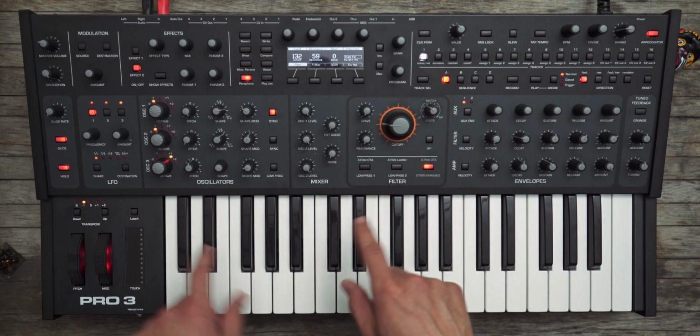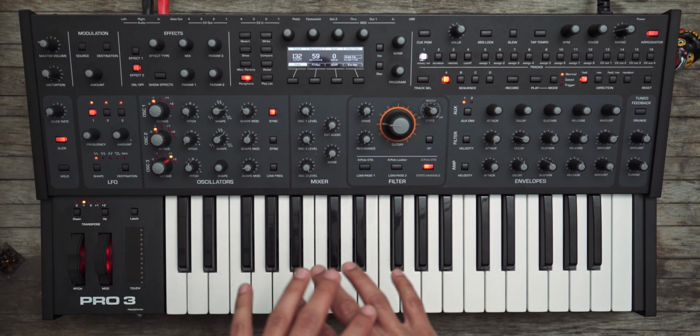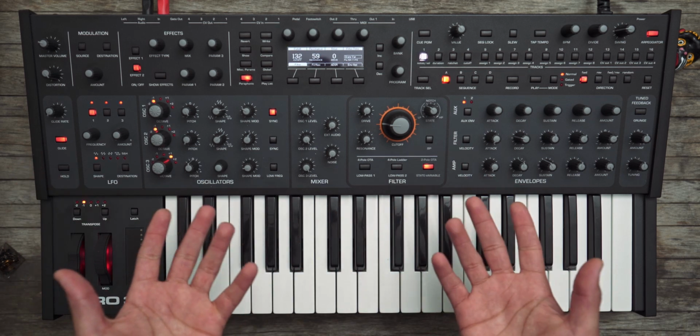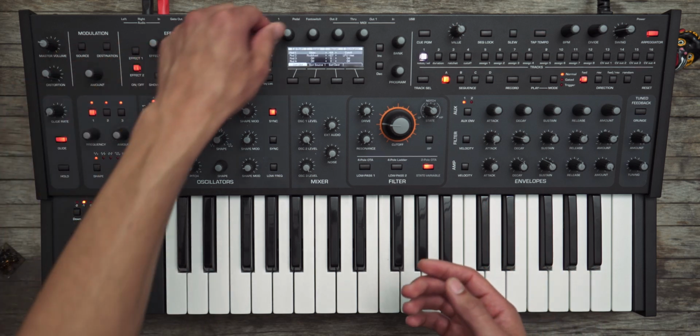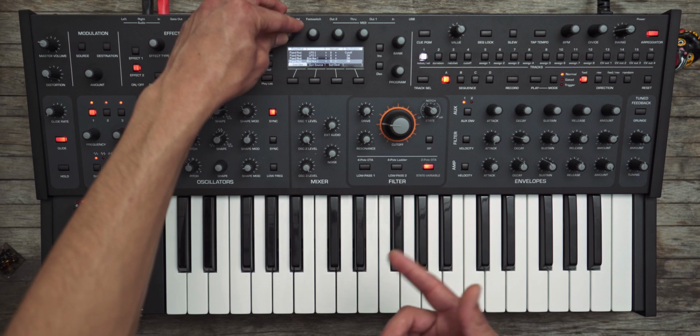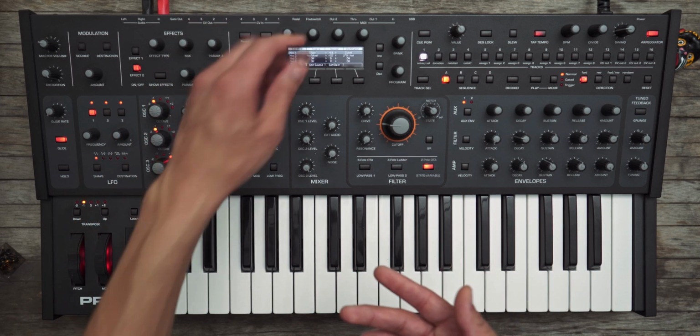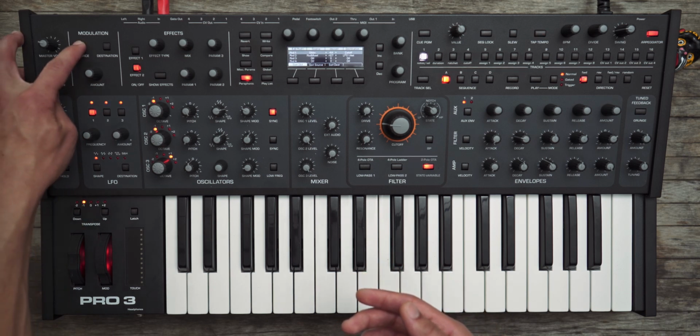I wonder, you know what? Here's something that's kind of weird. On the Pro 3, the mod matrix is really, really deep. If we go to our mod slots here, you've got fixed mods. You have 32 mod slots and then a bunch of fixed mod slots as well, which is great. So those 32 can just be assigned here. I wonder if I can assign